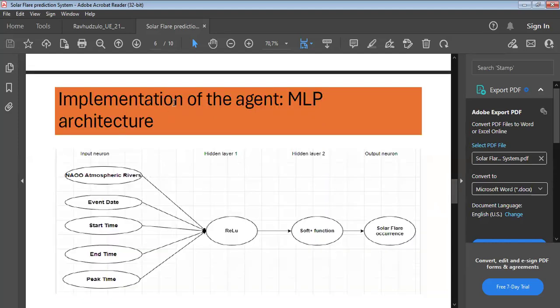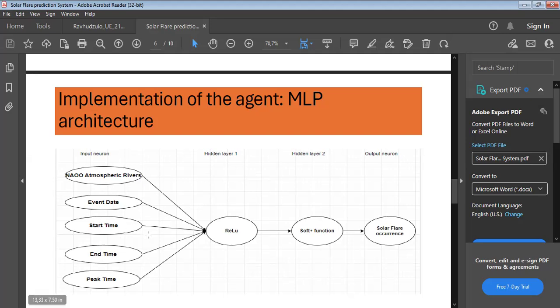This leads us to the implementation of our agent, where we will check the MLP architecture. Our agent was designed to follow this architecture. On layer 1, the input neurons, we've got atmospheric river, event, start, end, and peak time.